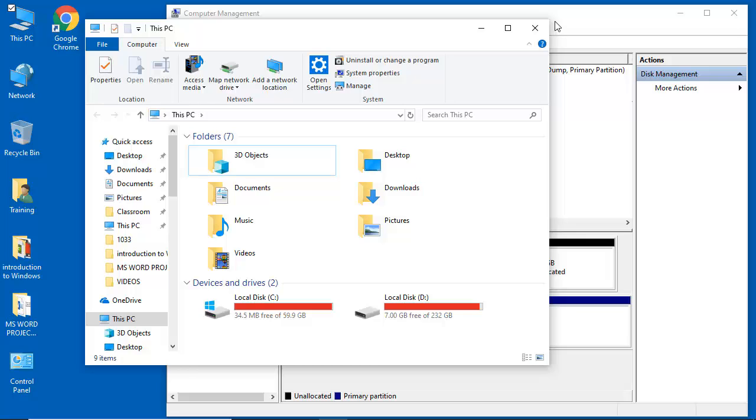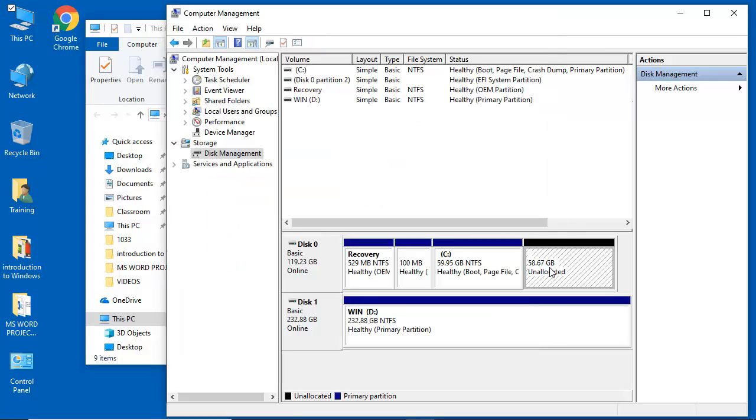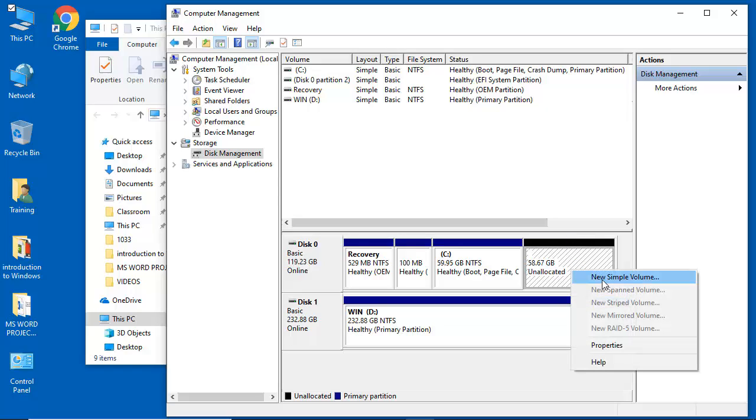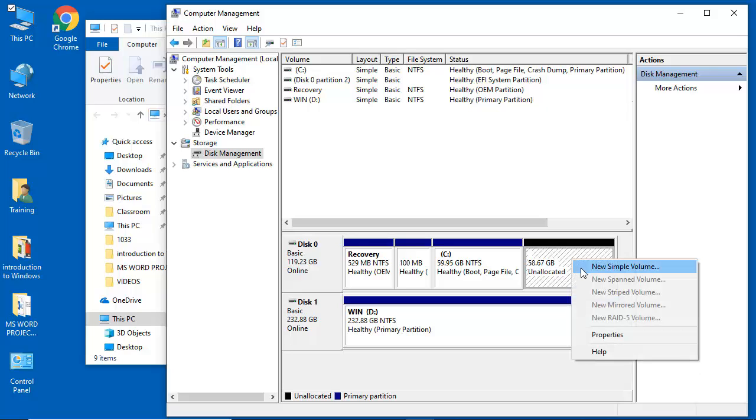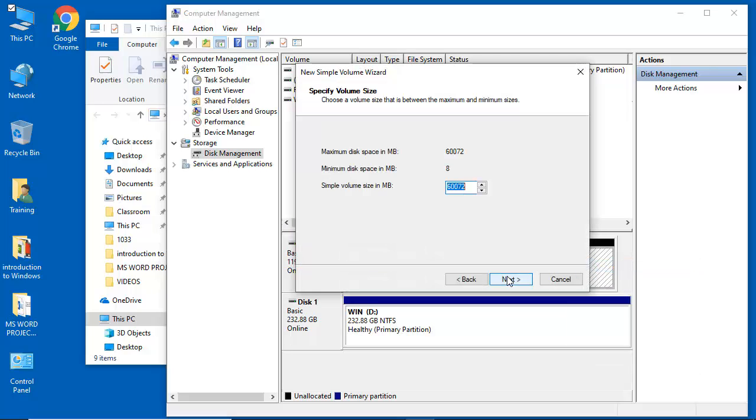And the unfortunate incidence is that what we've even shrunk is not displaying here. Why? Because it has become unallocated, it has not been formatted, no drive letter has been assigned or whatsoever. To actually make this unallocated space active, we have to right click on it, then make it a simple volume. Click on New Simple Volume. So I'm going to right click, New Simple Volume, then click on Next, and then here it would come up with the maximum disk space you've got over there, which is 60072,